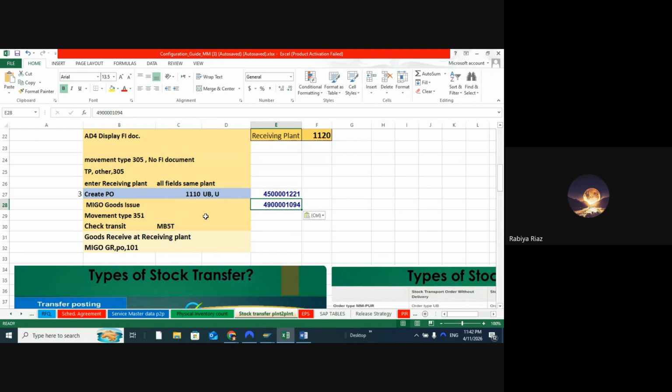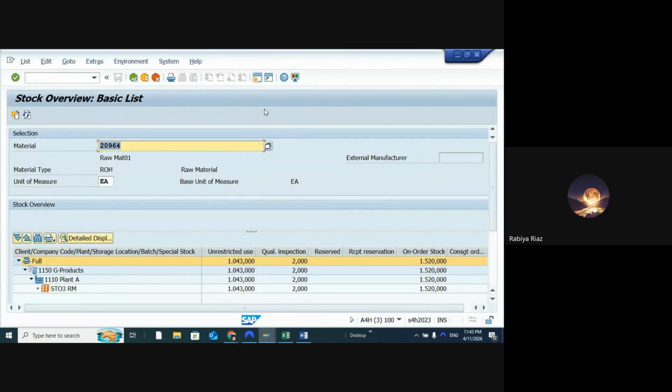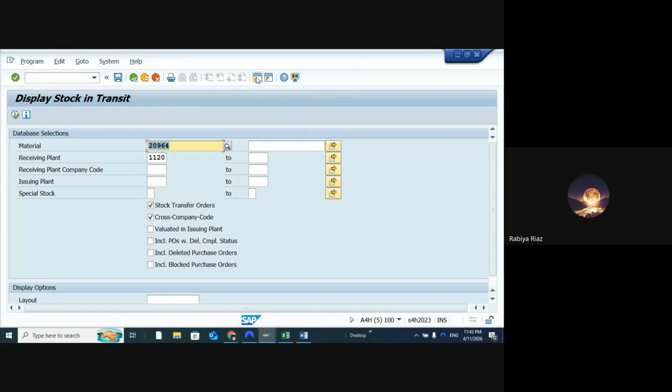Now we will check the stock in transit. So the T code is MB5T. Open another screen. Use the T code MB5D. So this is our material number, and